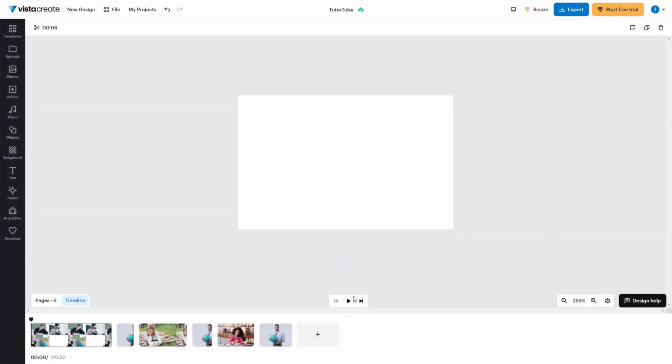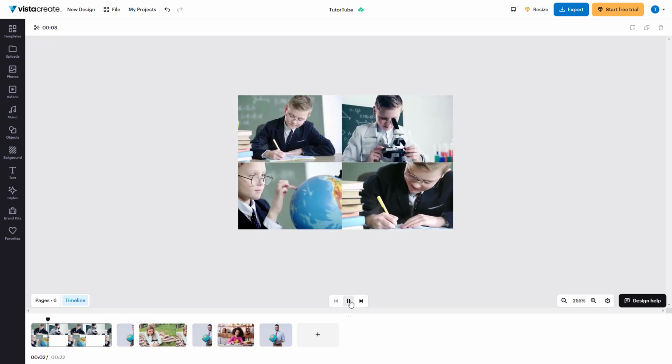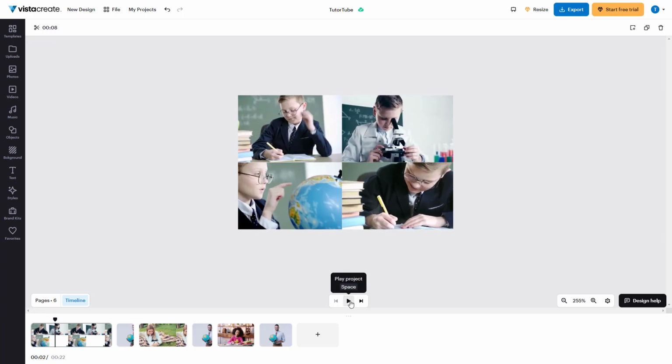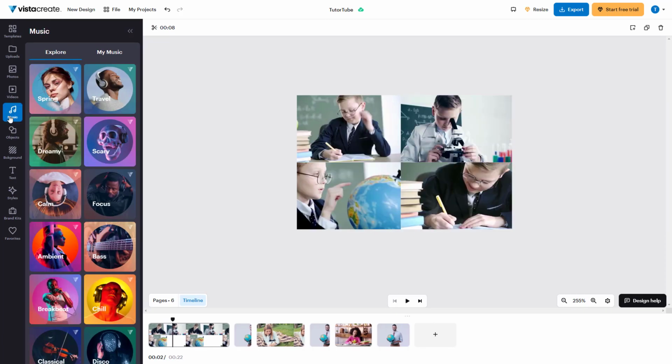So over here you can see that I got a bunch of videos on my timeline right here, and to make the videos look interesting, let's say what I want to do is I want to add in background music. So to do that, you need to go onto the left side where you see music right here, and if you were to click on it, then there are many different royalty-free music that you can utilize for your